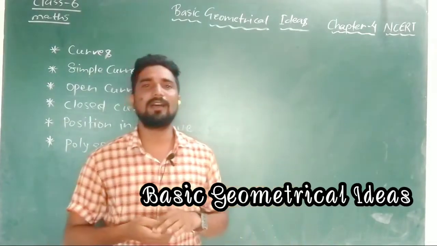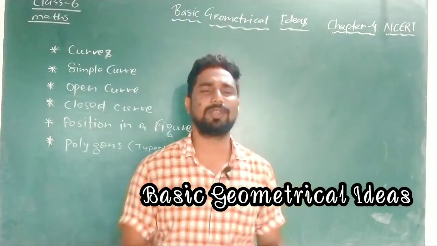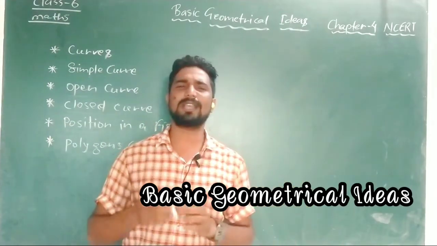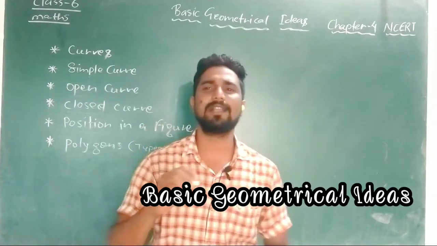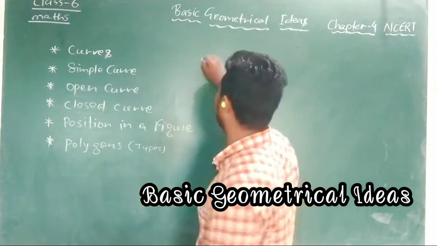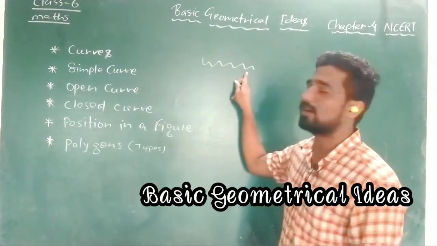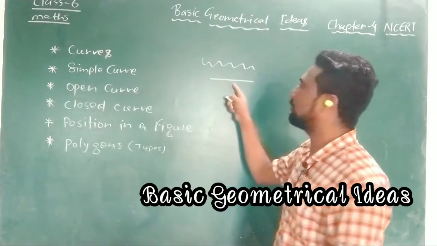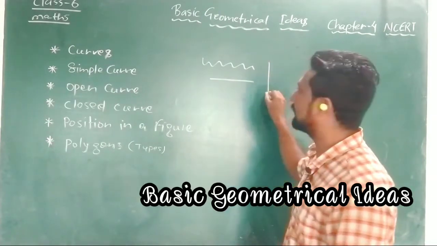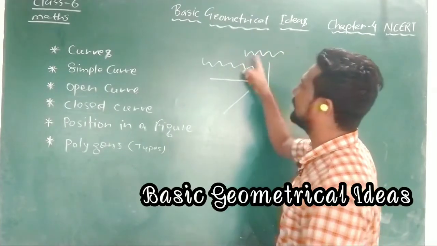You can understand this while sitting. When you are free and doing nothing, you must have felt that if a pen is in your hand, you doodle in your copy. So the result of doodling means what? You do like that in your copy. So this is called what? A curved line. And if you draw this, this is called a straight line. This is a straight line. This is a straight line. But this doodling of lines is called what?